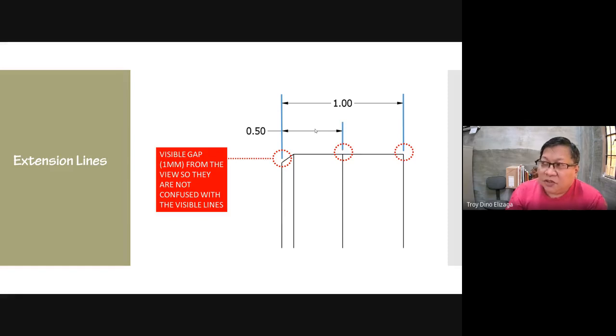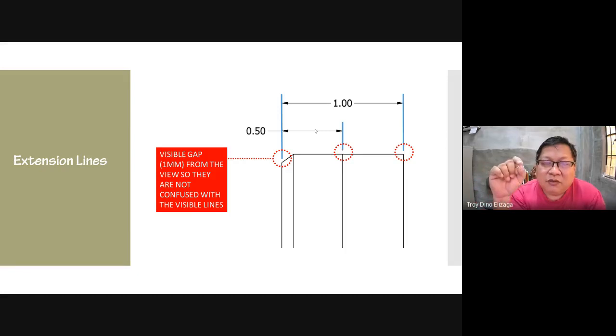A trick that was taught to me when I was in college, but this time using pencil, because we didn't use AutoCAD yet. We started drafting using pencil. Since you're drawing a thin line, you have to use a hard pencil.